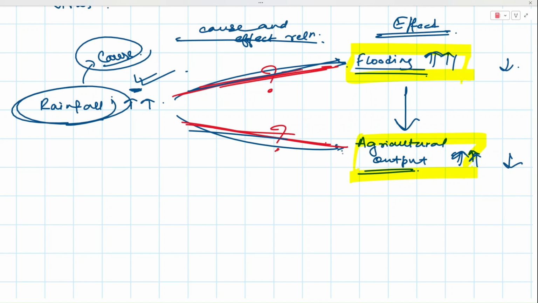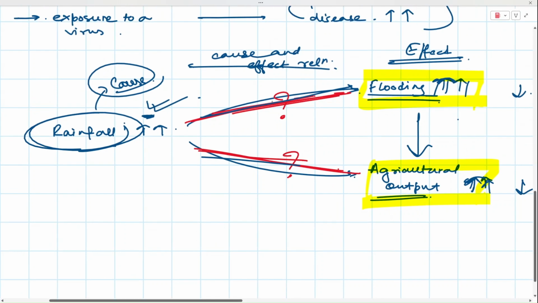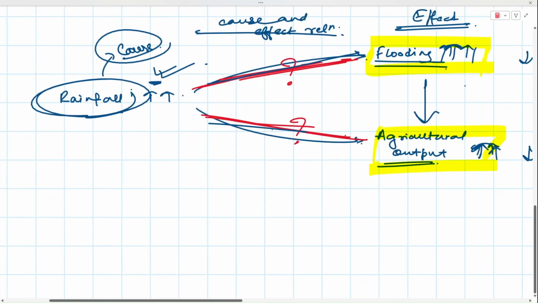So if we do not take the correct variables, then our entire model can be, I wouldn't say it's difficult to estimate, because you can still estimate. If flooding increases, how much does the agricultural output increase? But that doesn't mean that this is the cause and this is the effect, right? So essentially, econometrics doesn't tell you what is the cause and the effect. As an economist, you decide what the cause and effect is, but the econometrician can only look at the model.